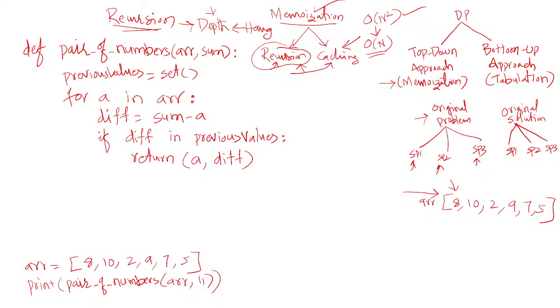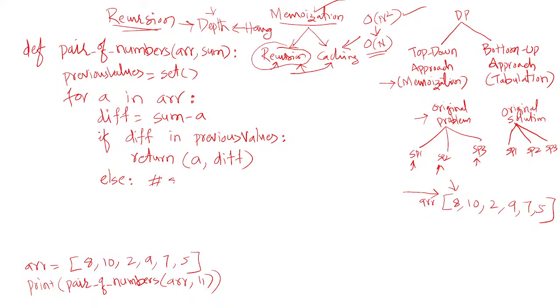Okay, so return a and the difference, which is nothing but the second number. Otherwise, for the first time, it is not available in the previous values, so it goes to the else part here. Okay, so then what you need to do is store the previously seen value in the